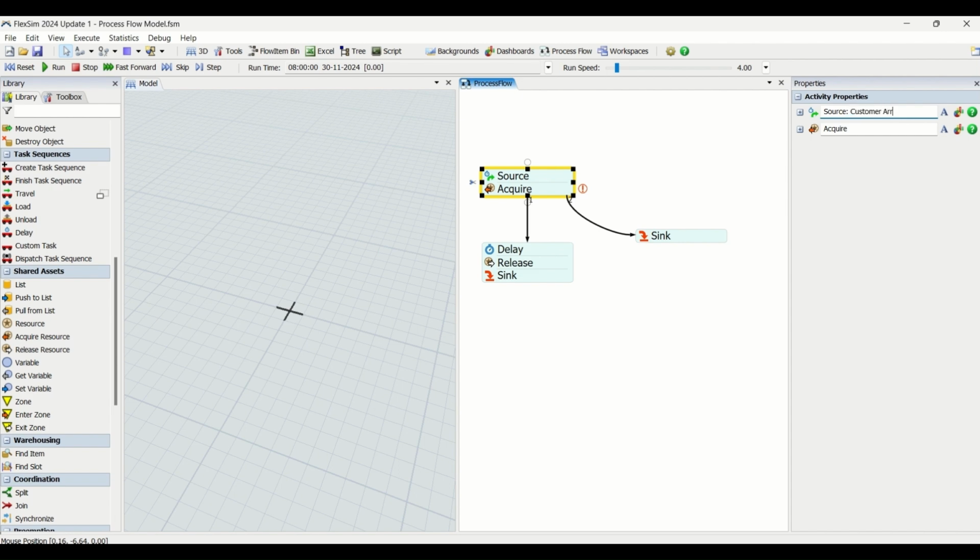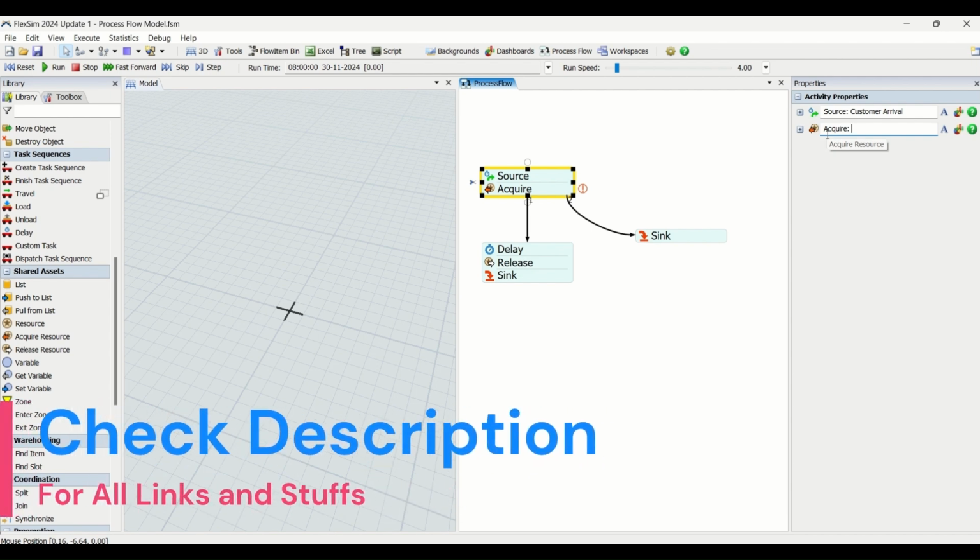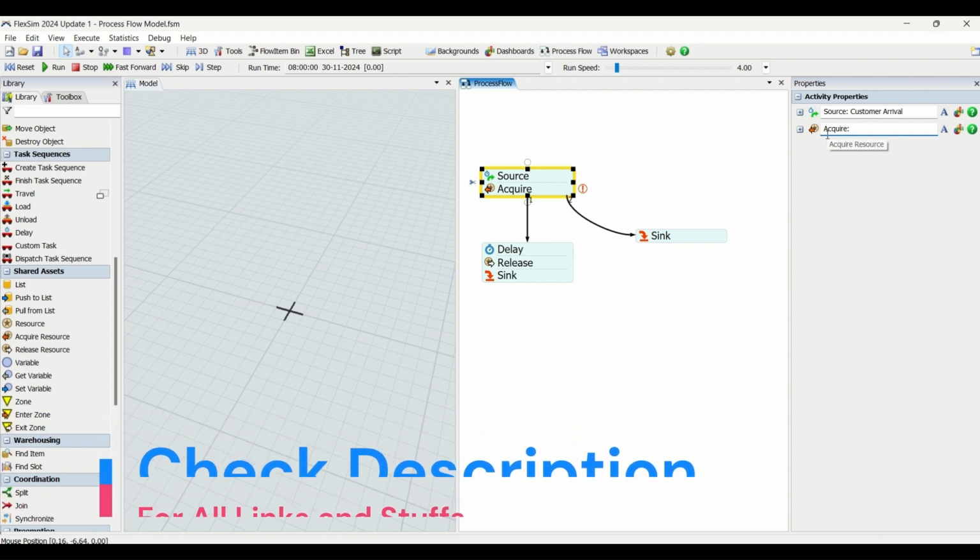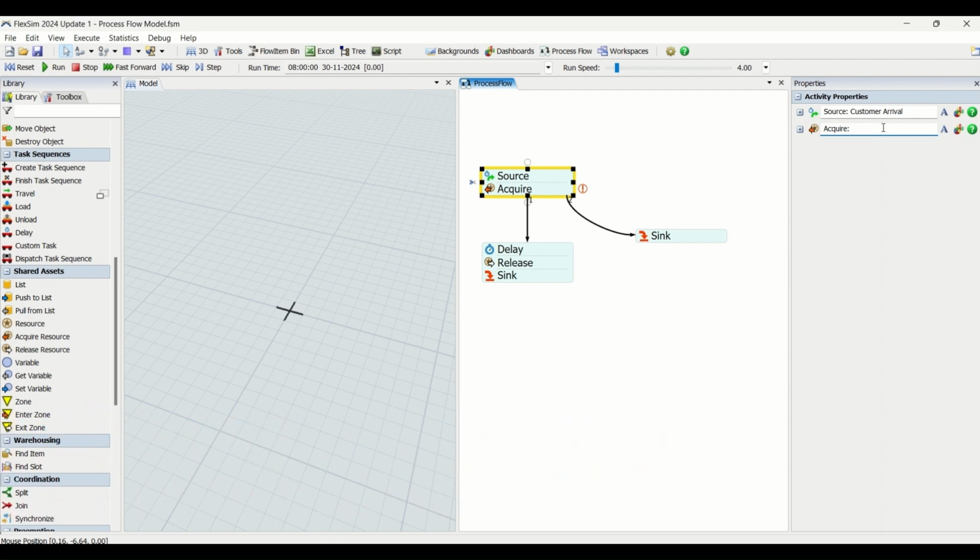I strongly recommend you to create your simulation model with this video. Rather than just watching the video, parallelly open your Flexsim model aside, watch this video and parallelly create your model, so that it will really give you a glimpse of how it has to be created, and you will understand what challenges you might face when you do this parallelly while watching this video on Be Aware. Now we are going to rename acquire as